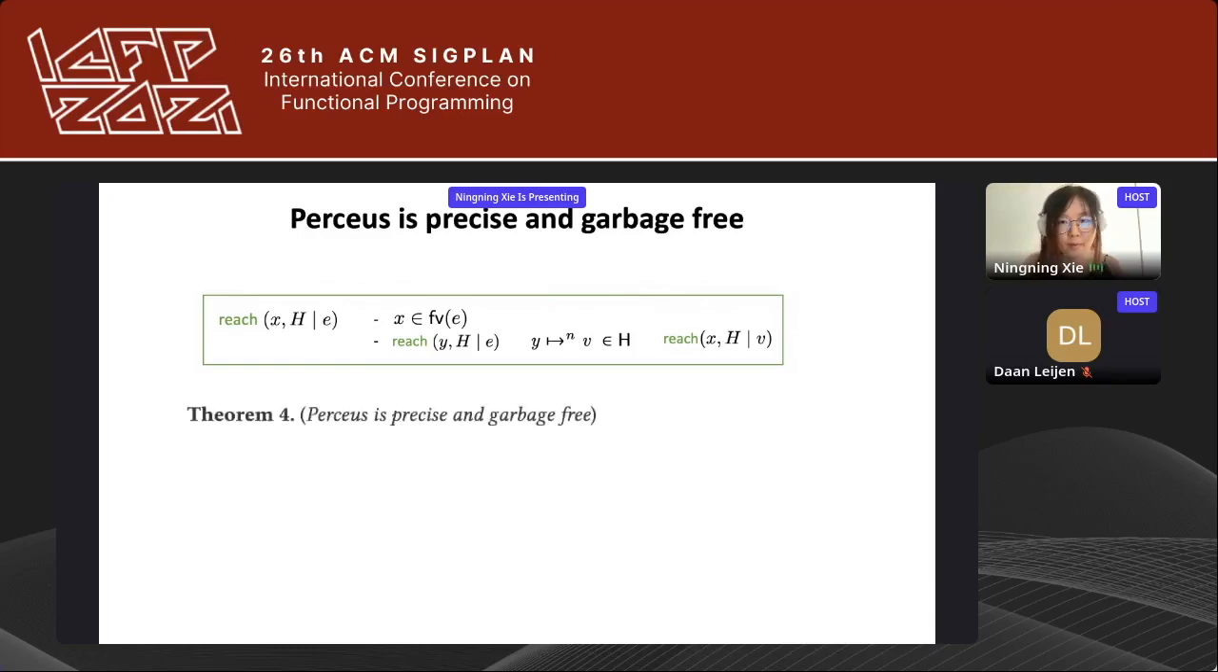Now we can formally prove that Perceus is precise and garbage-free. The statement of the theorem goes like this. If we have an expression E, like a user-provided expression E, and we elaborate it into an E prime, so E prime is essentially just E with reference counting instructions inserted. And this E prime, according to our heap operational semantics, evaluates to some value X and with the resource heap